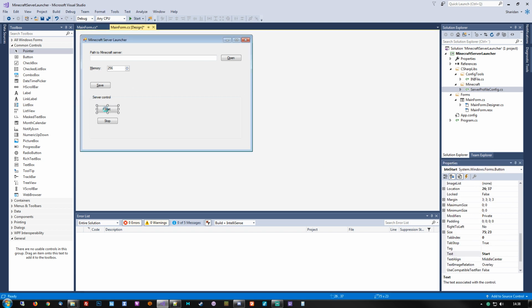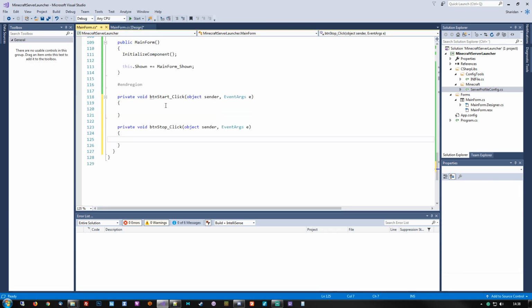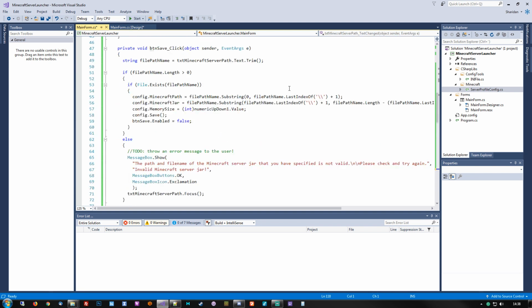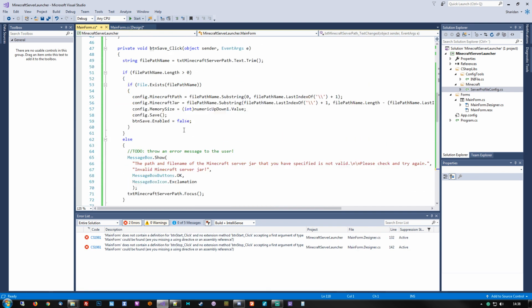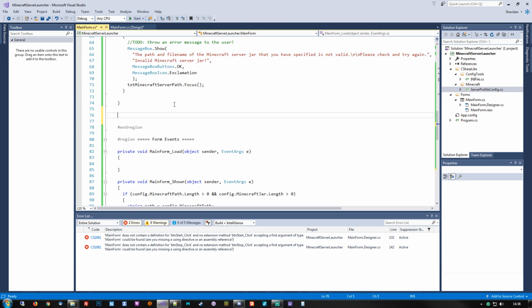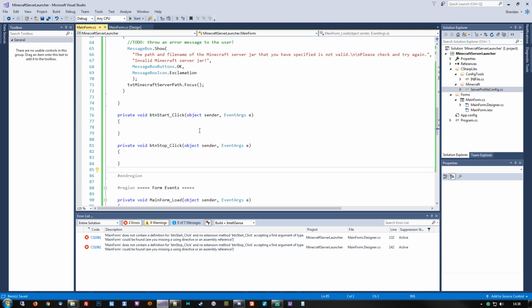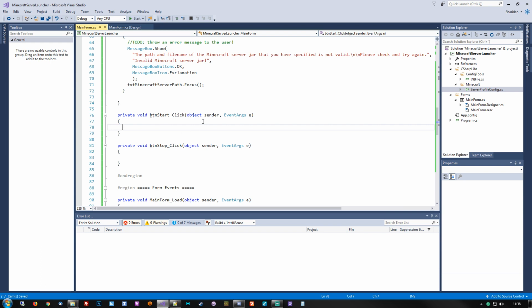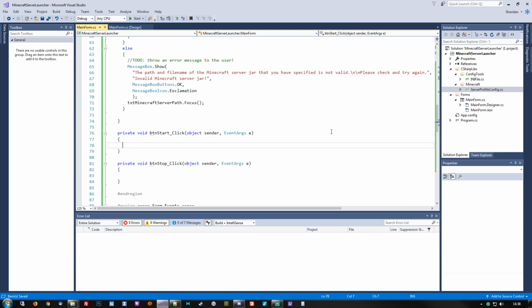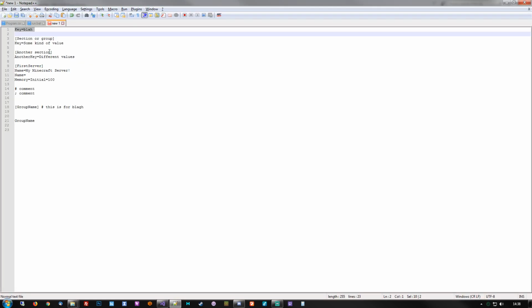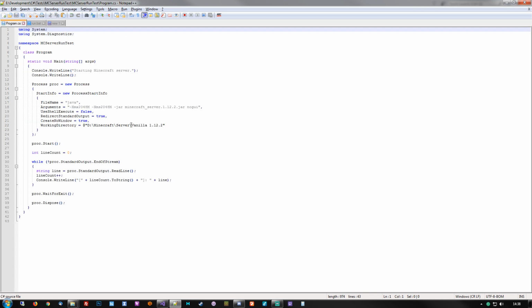Alright, so here we need this, and we also need this at some point. We'll grab these and move them up to the control events, just like the other control events. Here we go. And then we will look into what can be done to actually start up the server. Now, I did some previous testing just to make sure that I knew exactly how to do things, and